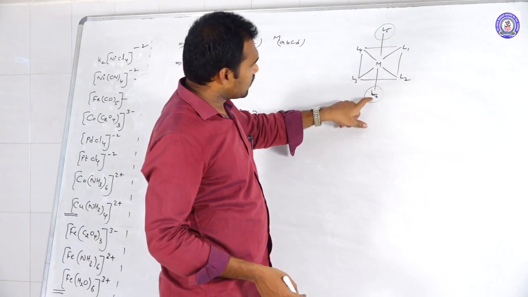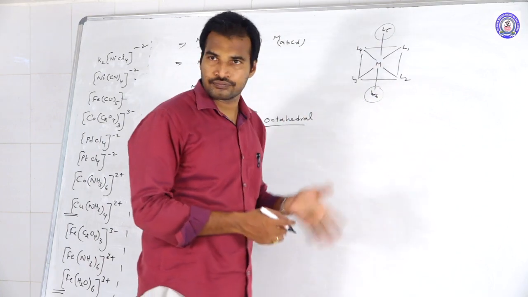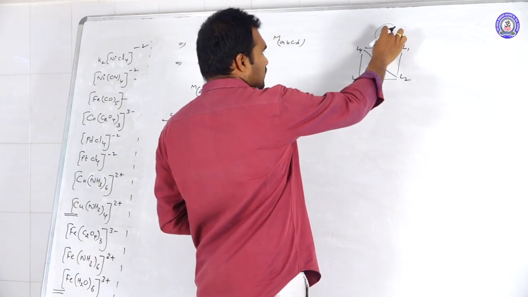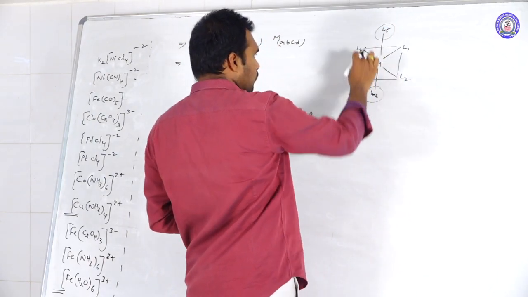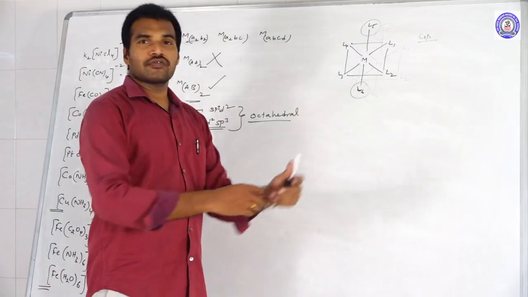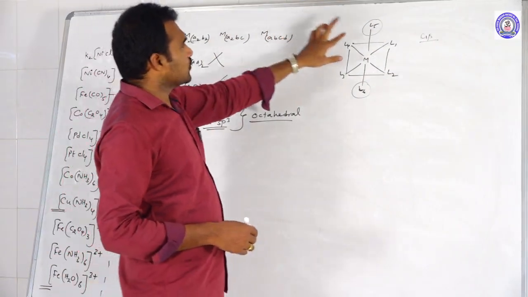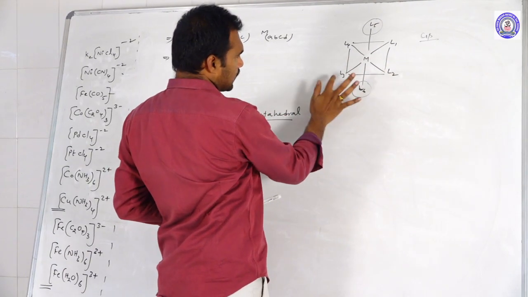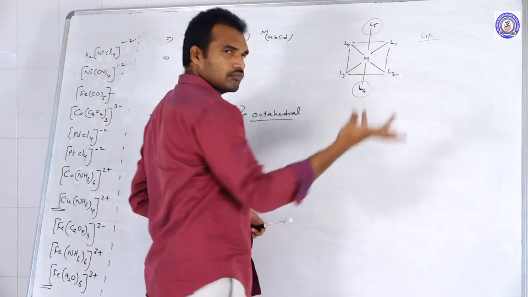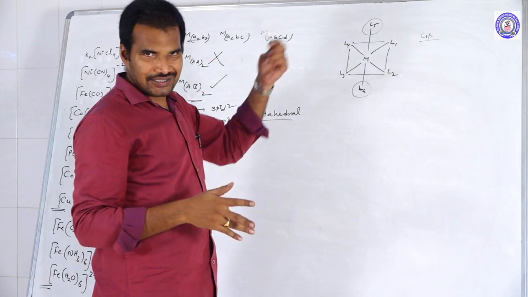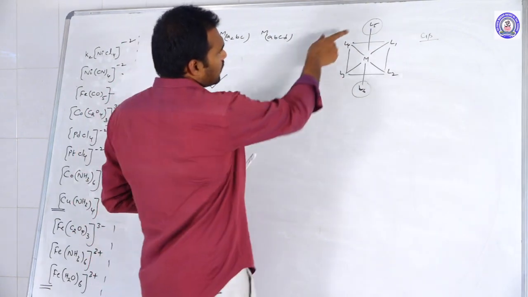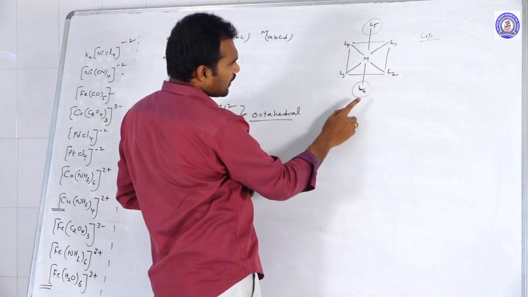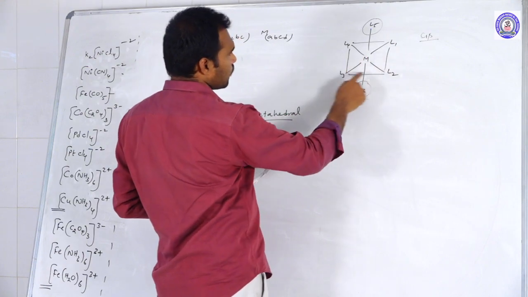Similarly, this is cis to these 4. Not only the neighboring one: this is cis to these 4, and this is cis to these 4. So in case of octahedral complexes, the cis positions are, first of all, 1-2, 2-3, 3-4, 1-4. These are the cis positions, like a square planar, and this is cis to these 4 locations. Similarly, this ligand is also cis to these 4 ligands.